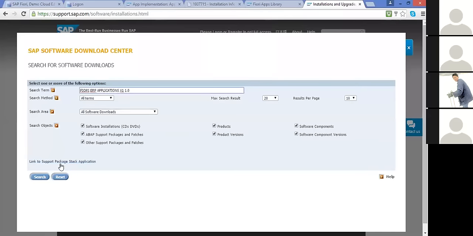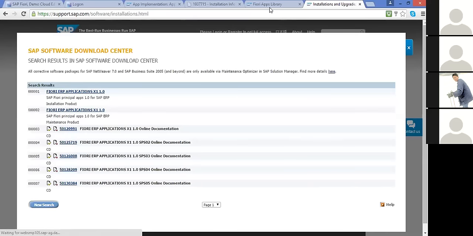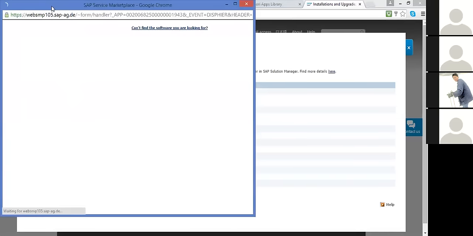Okay, so this search term, I will just put it over here, and if I click on search, you can see Fiori ERP application X1.10, and if you just see inside this,